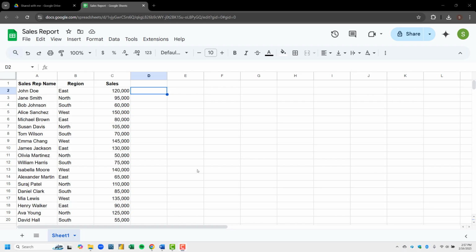Conditional formatting in Google Sheets enables you to apply specific formatting to cells based on their content. It highlights important data points or trends using colors, icons, or data bars. Let's create a conditional formatting rule to highlight in green color all sales amounts greater than $125,000 in this sales